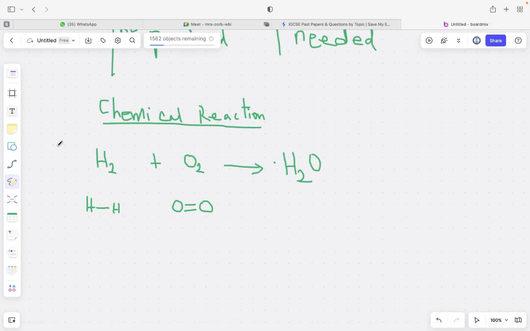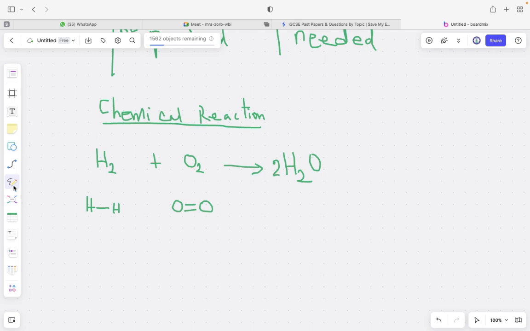So we can balance this equation. So how do we do that? You see, we have 2 atoms of hydrogen here, 2 atoms of oxygen. So if I put 2 here,